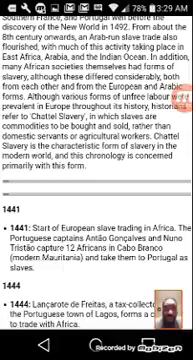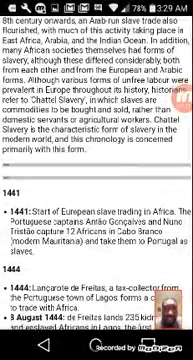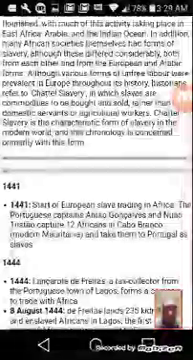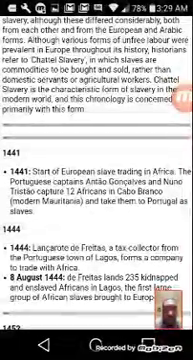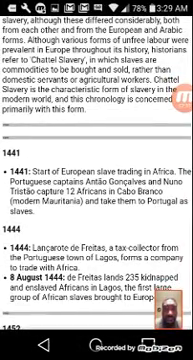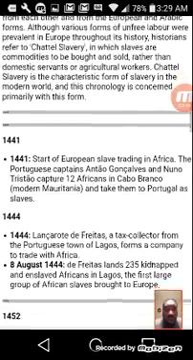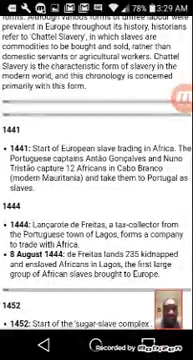It says, from about the 8th century onwards, an Arab-run slave trade also flourished, with much of the activity taking place in East Africa, Arabia, and the Indian Ocean. In addition, many African societies themselves had forms of slavery, although they differ considerably both from each other and from the European and Arabic forms, although various forms of unfree labor were prevalent in Europe throughout its history. Historians refer to chattel slavery, in which slaves are commodities to be bought and sold rather than domestic servants and agricultural workers. Chattel slavery is the characteristic form of slavery in the modern world, and the chronology is concerned primarily